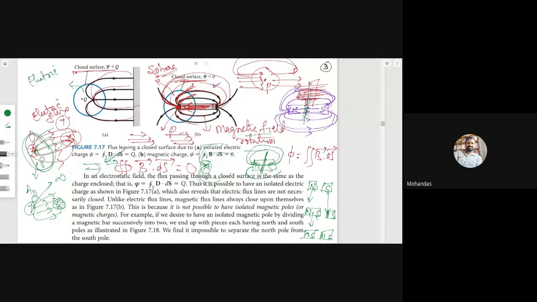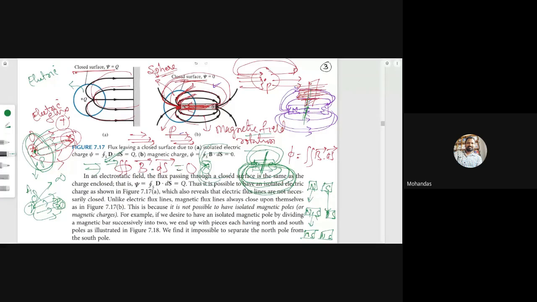Here also north to south and south to north. Inside the magnet, the magnetic flux lines are flowing from south to north. So they are forming continuous closed loops. Because of that, whatever net magnetic flux lines are flowing through the closed surface equal the same number of magnetic flux lines leaving. So the net magnetic flux leaving through that closed surface becomes 0. That can be written mathematically as closed surface integral B dot ds equal to 0.